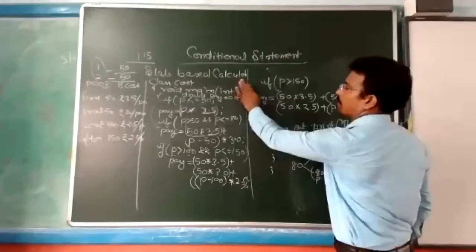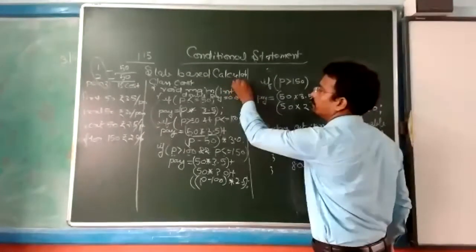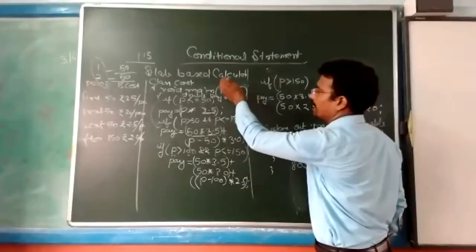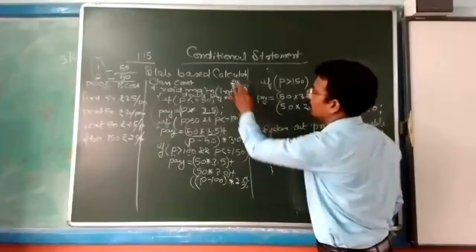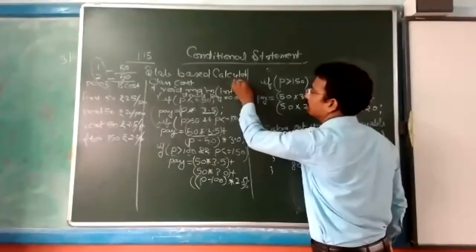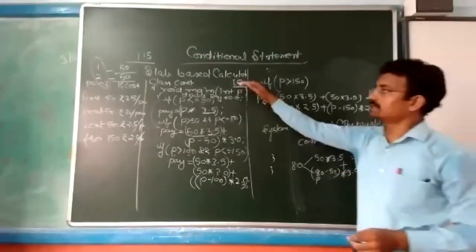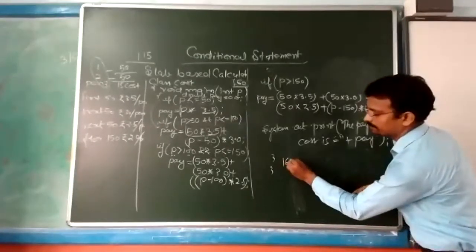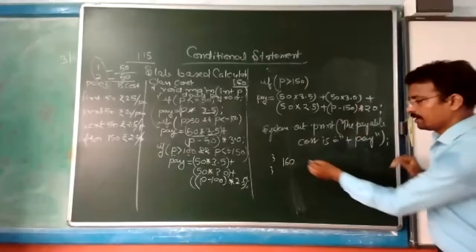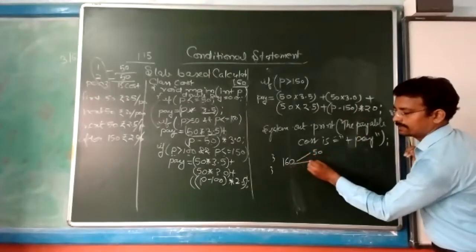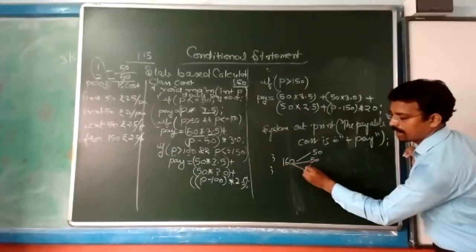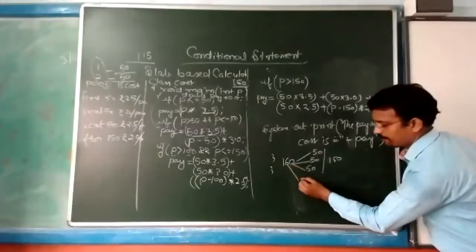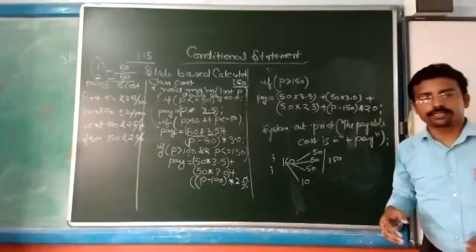See, suppose I pass here 120, or take some more values like 200, 160. P is 160. Now if I am taking the value of P as 160, how will we make the slab? Starting 50, after that 50, after 50. How much is covered? 150. What is left? That is the fourth one. So the shortcut technique works here.